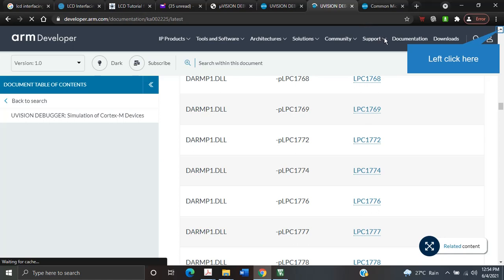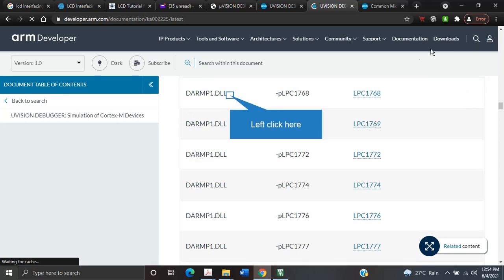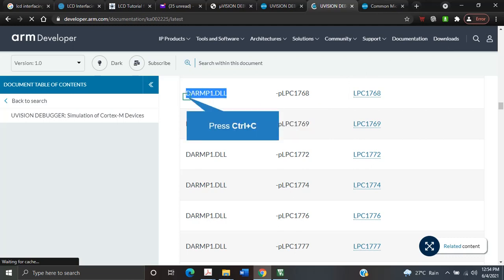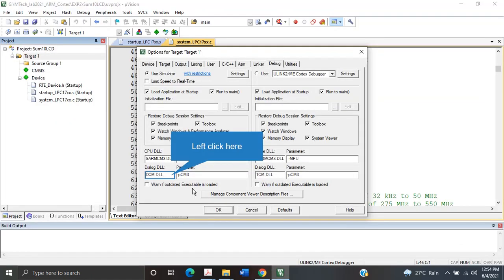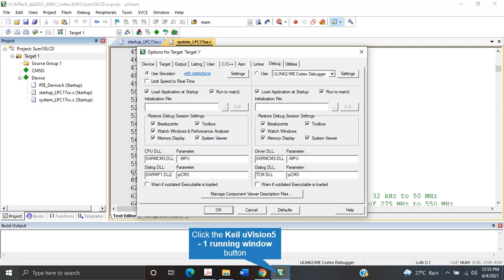I am just showcasing that. So 1768, I have to copy this. Once you know that, it is easier stuff. So the DRAM DLL file is drmp1.dll, that I will copy paste over here instead of dcm.dll, to make it very specific to the architecture.